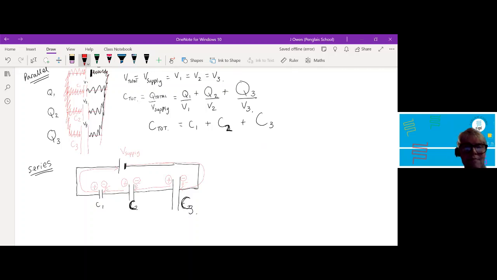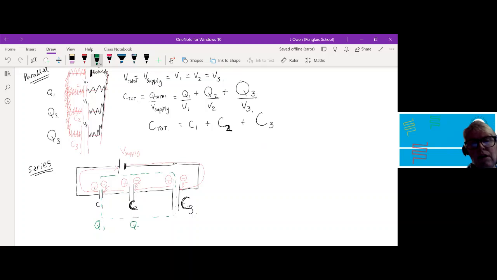Well, in a sense, if I do this, and I'm going to take a different color, green, and take all of this out of the equation, basically what I've got is that the voltage supply will push one electron onto one plate, and effectively one electron will leave on this plate. So it doesn't matter what the size of those capacitor plates are, the charge will be identical on each of those plates. So Q1,